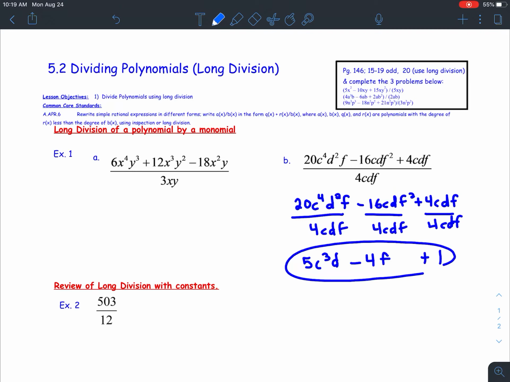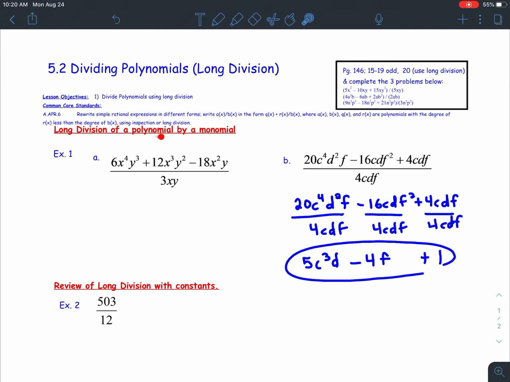Okay, we're going to start section 5.2 today. This chapter is focusing on polynomials. What we're going to be looking at in this section is how to divide two polynomials. We've looked at how to add, subtract, and multiply them. Dividing is probably, or can be, the most difficult of all of the operations to perform on polynomials, but we're